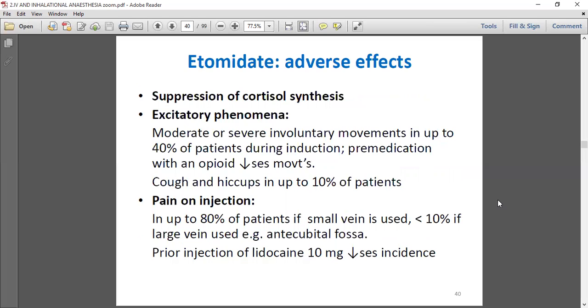Then excitatory phenomena. Which other drug did we say has excitatory phenomena? I don't remember sodium thiopental having excitatory phenomena. It could be. No, we said excitatory phenomena, the way I understand, like cough and hiccups. Did I say cough and hiccups in case